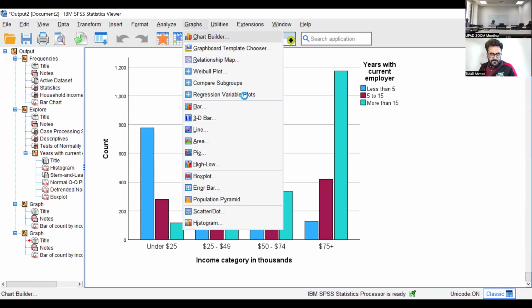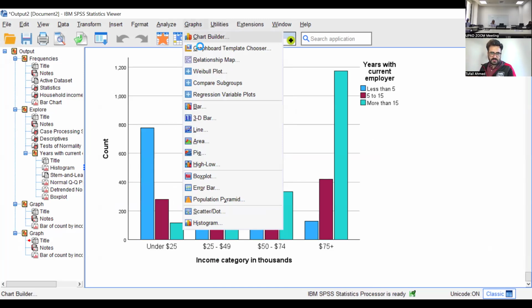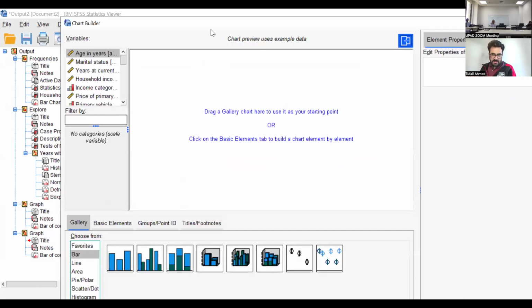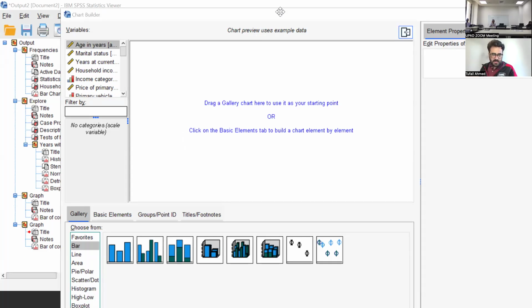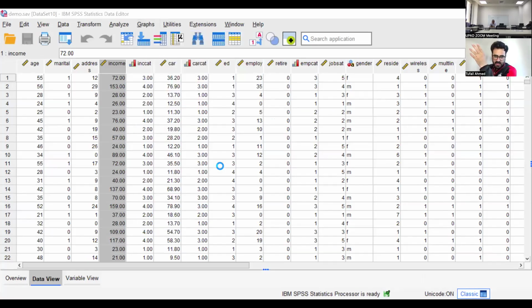Now, you can also use this chart builder, as they call it. Here you can do the same thing. You can go to graph, chart builder. You have all these types of graphs, simple, clustered. You can show them in any kind, bar, line, area, depending on the type of data you have, because sometimes you cannot apply every kind of chart to every kind of data. So you can also use chart builder to build charts.